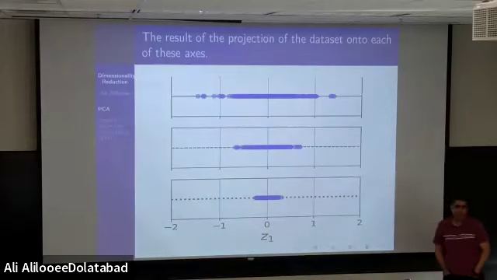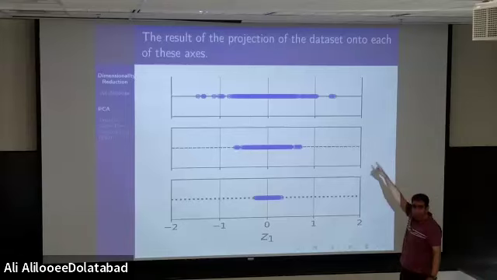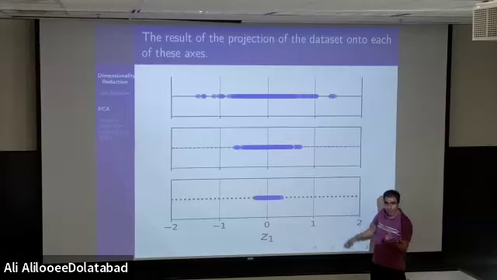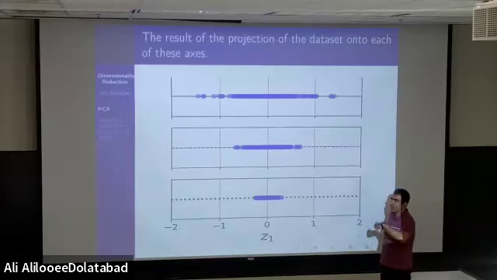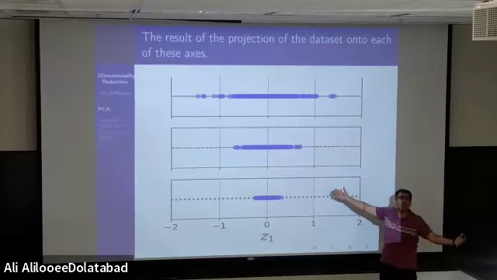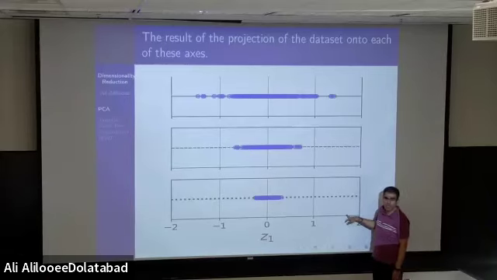Yes, please. The first one is giving us more information. But if you want to have a more mathematical concept for understanding what more information means, what's the difference between the first and third? Variance, thank you. As you can see, the first one has a higher variance. The last one has a smaller variance. And if you want to translate what Mehran told us, when Mehran says that the first one gives us more information, mathematically it means bigger variance. See, the first one has the biggest variance, this one has the smallest.